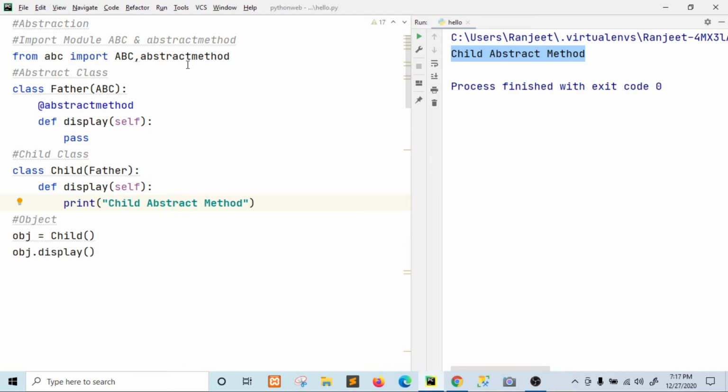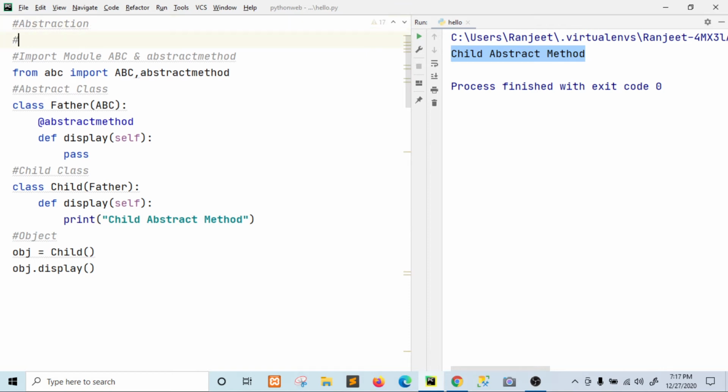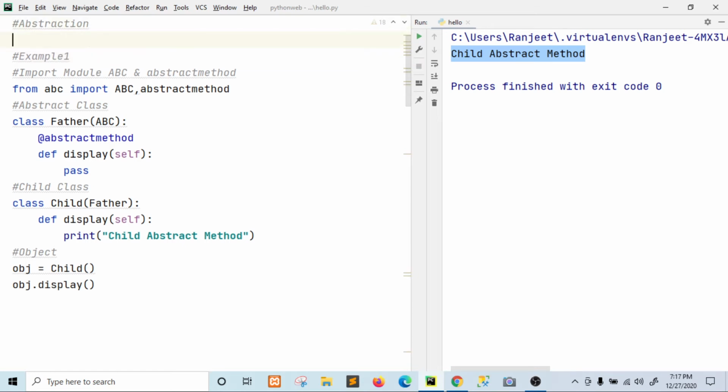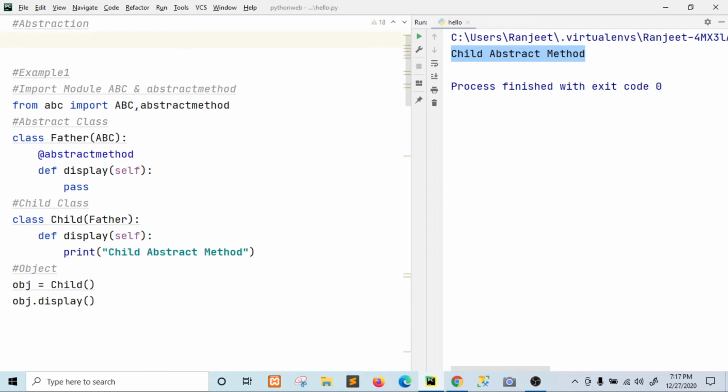This is example 1. Now I will explain one more example of abstraction, example 2.